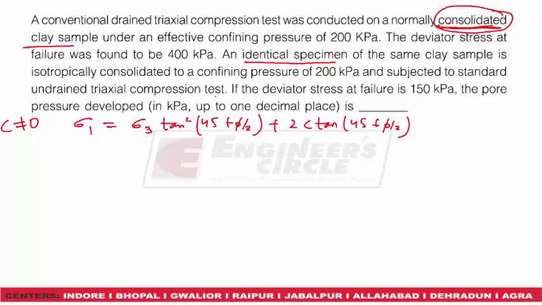Whether it is sand or clay, the failure envelope will start only from the origin when the soil is consolidated, and hence we can neglect this term. So sigma 1 will be equal to sigma 3 tan square (45 plus phi by 2). Now for the first case,